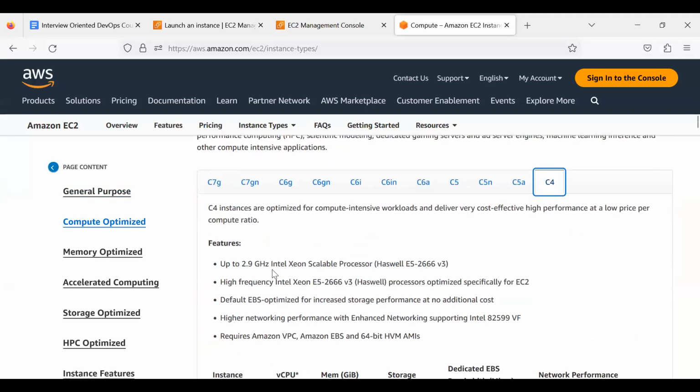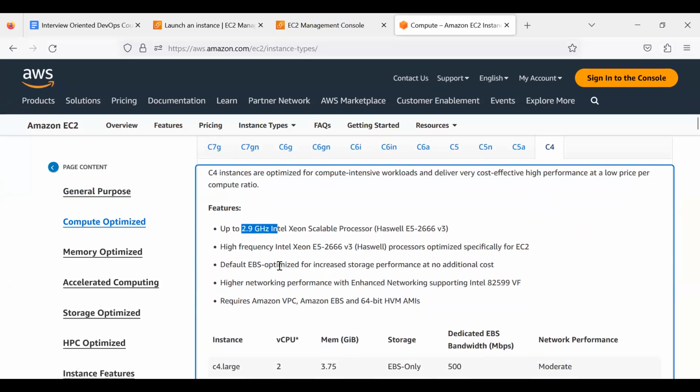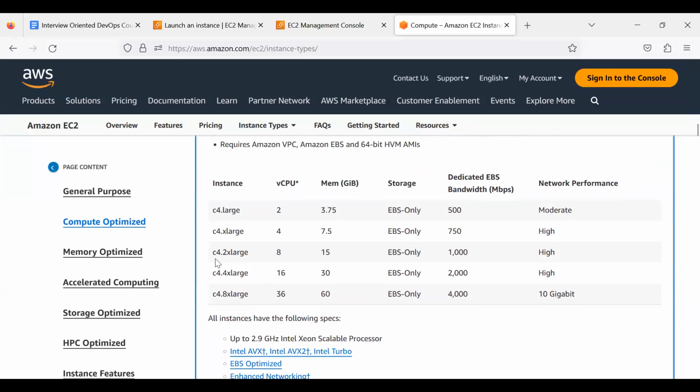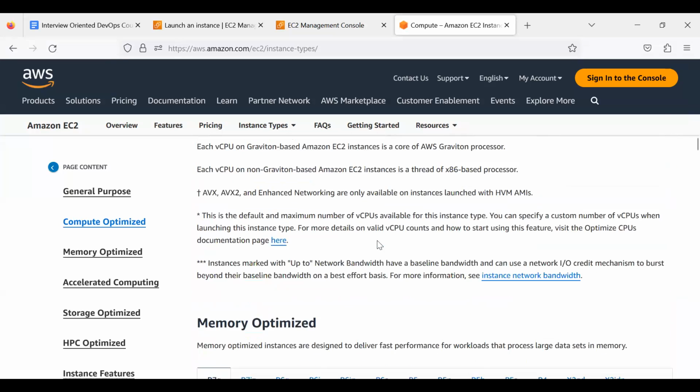It will have up to 2.9 gigahertz processors, two CPUs, and 3.7 GB of RAM, and it has EBS-only storage. The network performance will be moderate, if you choose this. If you choose C4 2xlarge, it has 8 CPUs and 15 GB of RAM, again EBS only. So like this, you would be finding a lot of